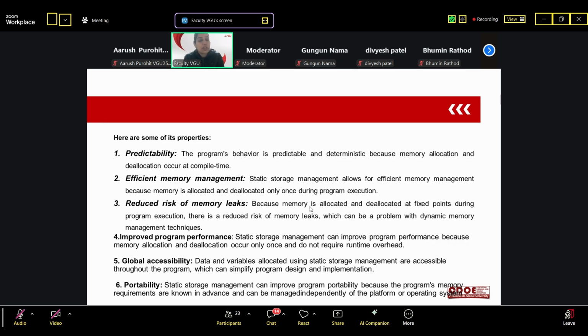The last characteristic of static storage management is portability. It improves program portability because the program's memory requirements are known in advance. At compile time we know the memory requirements, and we can manage them independently of the platform or the operating system.